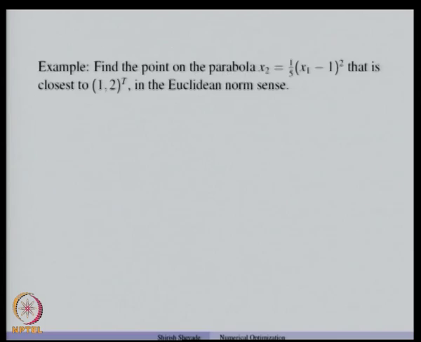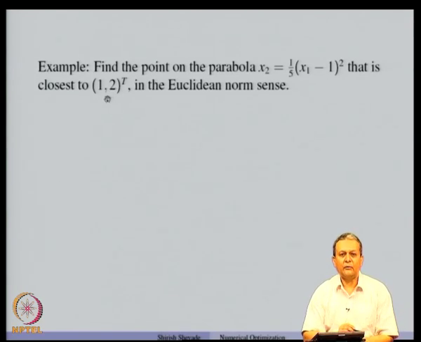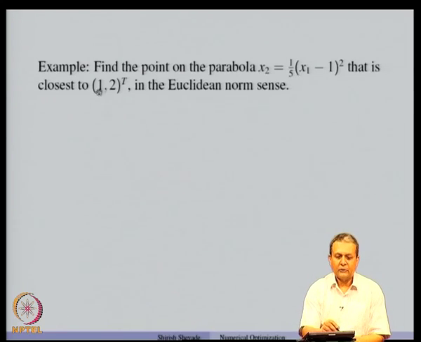Now, let us look at another example. So, here the problem is the following. We want to find a point on the parabola. The equation of the parabola is x2 equal to 1 by 5 (x1 minus 1) square, and that point should be closest to the point (1, 2) in the Euclidean norm sense. So, we are interested in finding a point on the parabola which is closest to this,